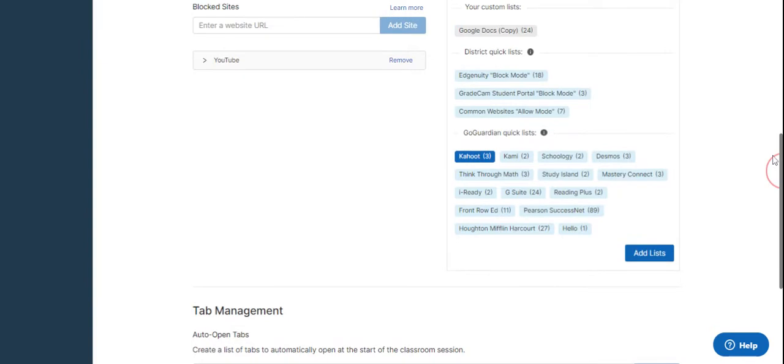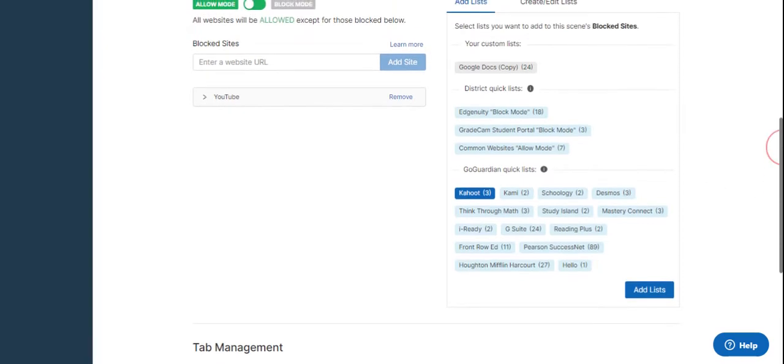There's the login site, there's the site where the students get the code, and then there's the site that has the actual quizzes to it. So if I was doing a block mode and I just put Kahoots.com, the students wouldn't be able to play the Kahoots game